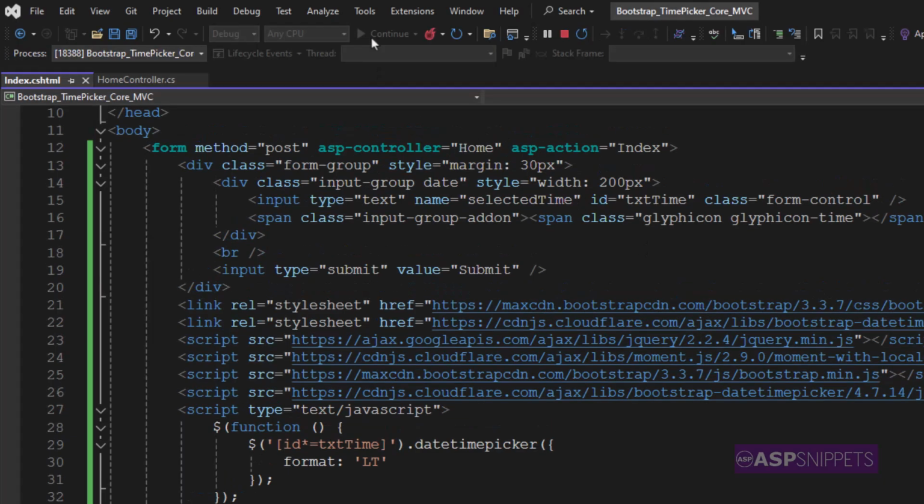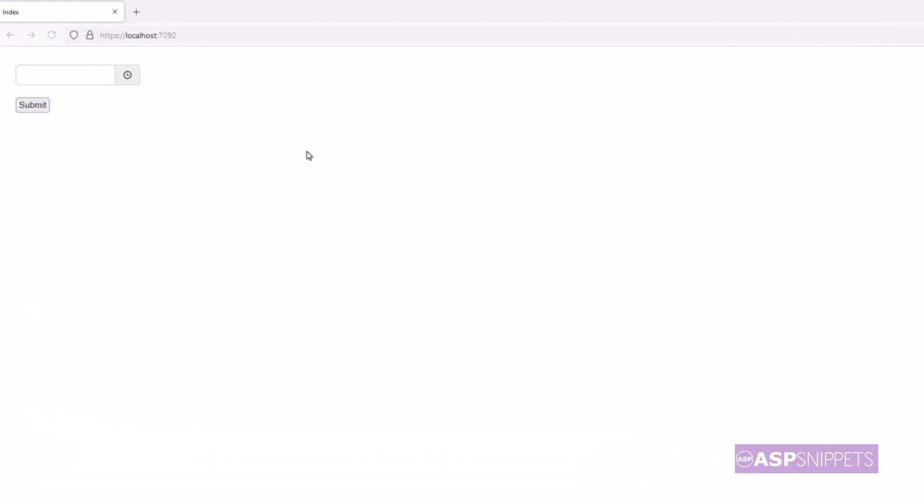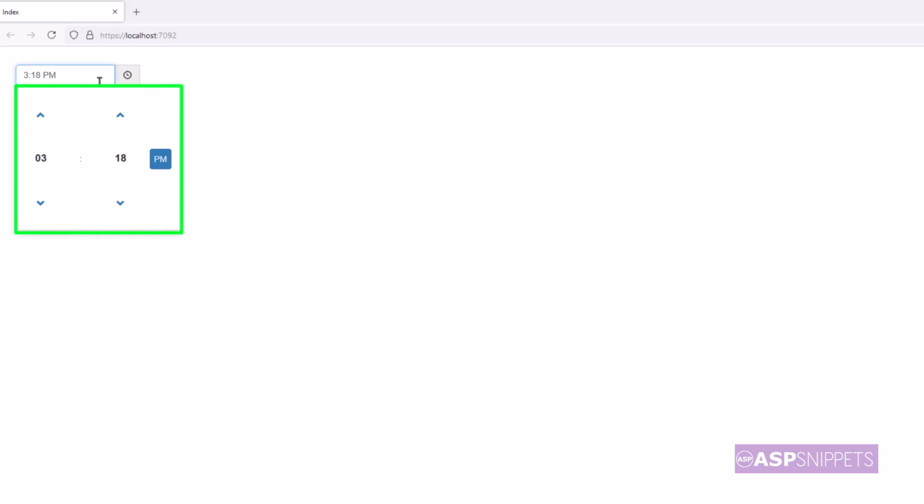So I am running my code. As you can see, the text box and the button is being displayed. Now I am setting my focus on the text box. As you can see, the Bootstrap TimePicker plugin is now displaying below my text box. So I am selecting a particular time value and this time value is now displayed in the text box. Now I'll be clicking on the submit button and as you can see, the time value is now displayed using